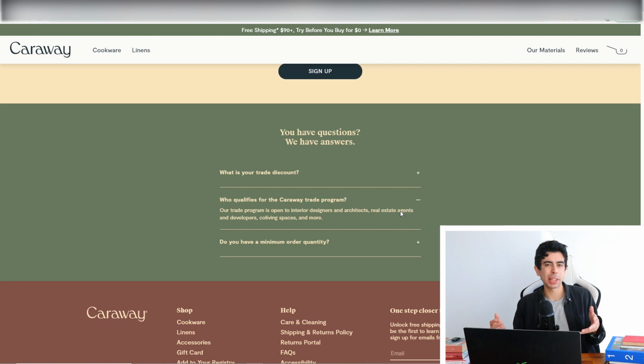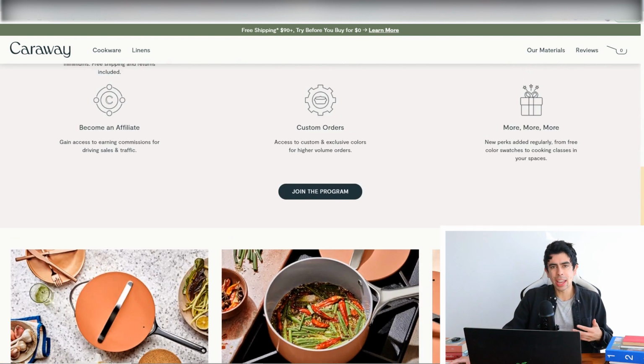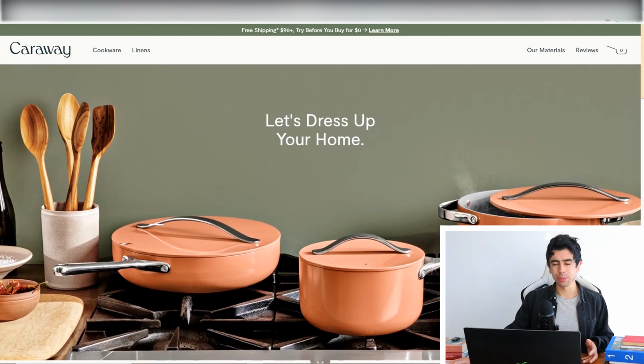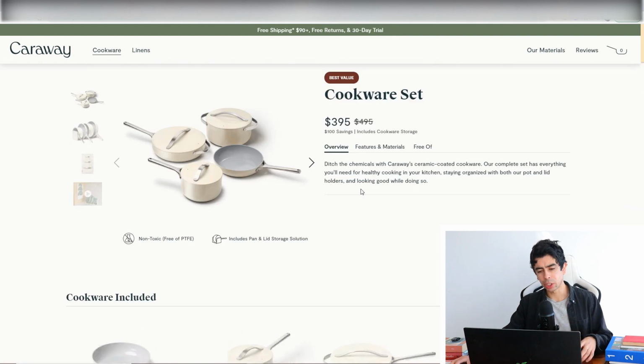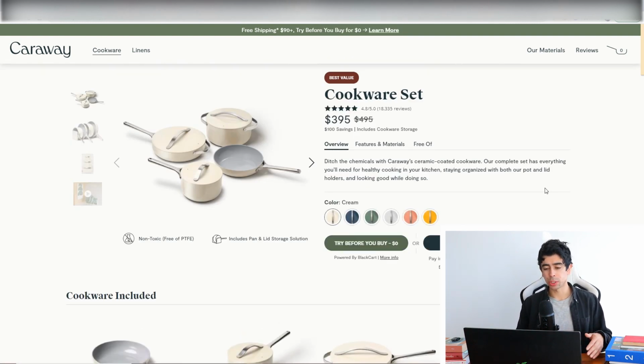I mean, they have to basically dress up homes to sell them. So that's very smart of them. And that's definitely something I'm going to take away, like giving exclusive discounts to specific types of people. I think that could really add a little bit of extra incentive for some people to convert on your store. Now let's look at their bestseller here and see what they're doing on their landing page to convert customers,